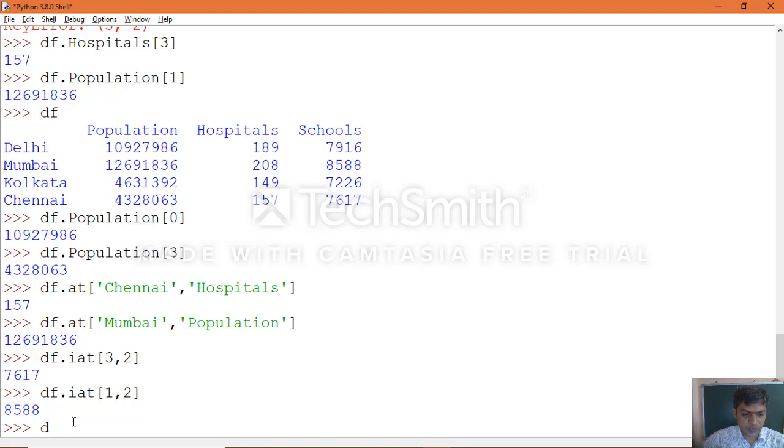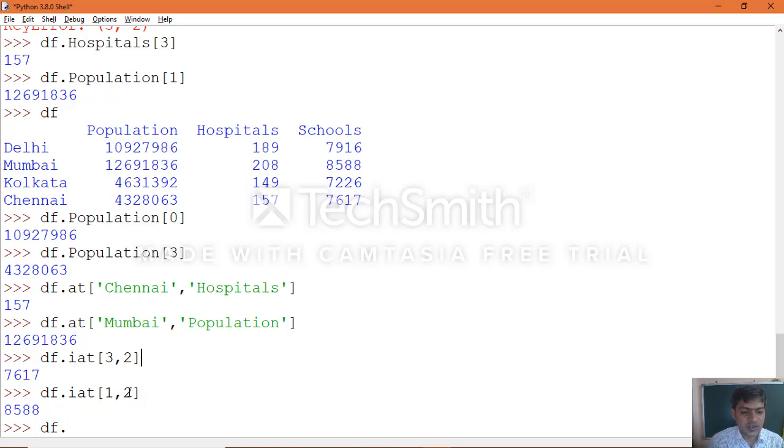Then in the same way, this is the direct one where we are specifying the index number. It will not work like a slice; it is direct individual index specification. So there is no confusion in how we use the integer position, compared to the earlier slicing concept we used with iloc. With iloc, the column end is not included, so for row 1 and column 2, the 2 will not be considered, only 1 will be taken, which means the hospitals details, 208, as output.